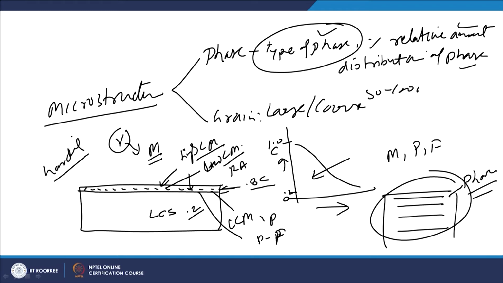Apart from this, even for the given phase, we may have very large or coarse grains of like say 50 to 100 micrometer, or we may have very fine grain like 5 to 10 micrometer. We know that the coarse grains offer the poor mechanical properties, poor wear behavior as compared to the fine grain structure. So, we need to see what is the kind of grain size which is present in the different zones of the modified layers.